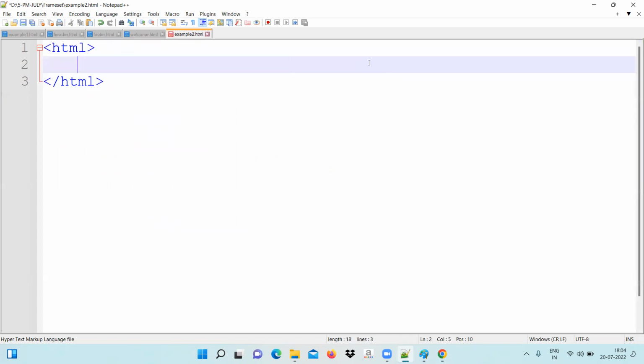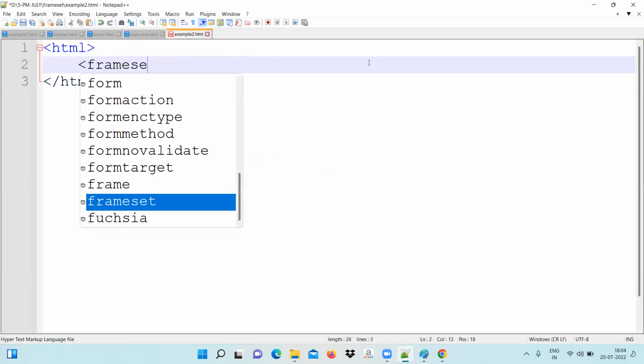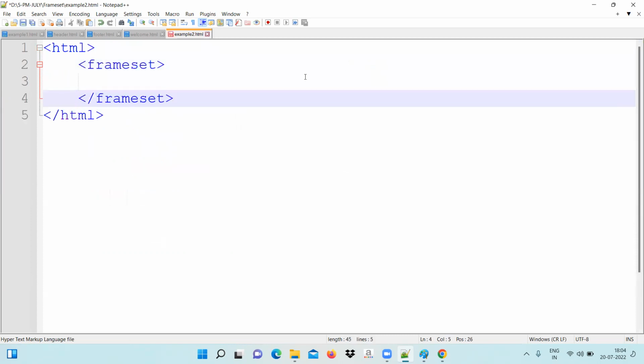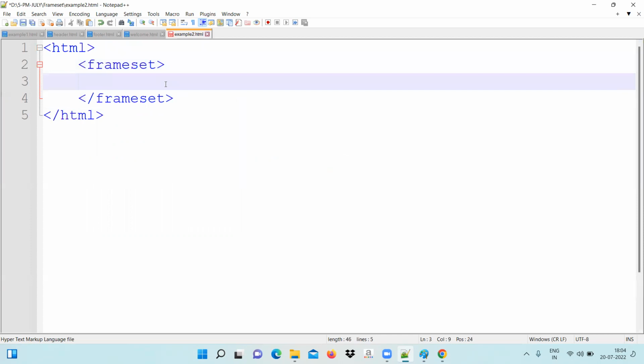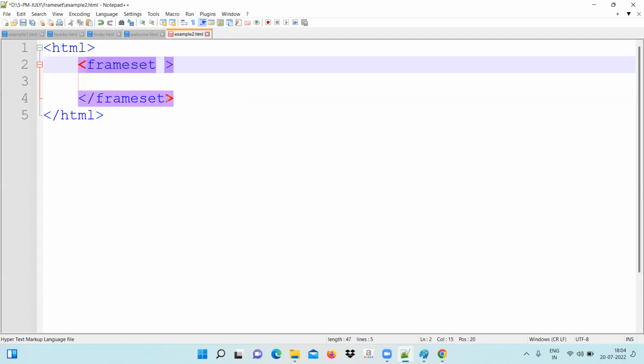You will follow the frameset, and this frameset you will break into 4 rows. Total 4 rows will create. Okay, so how to do that? Go here. Rows equal to